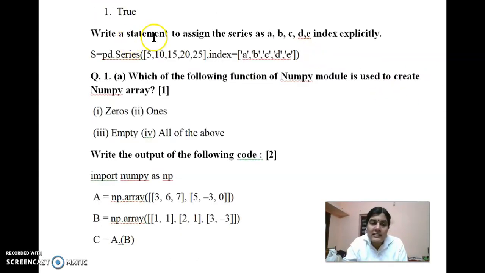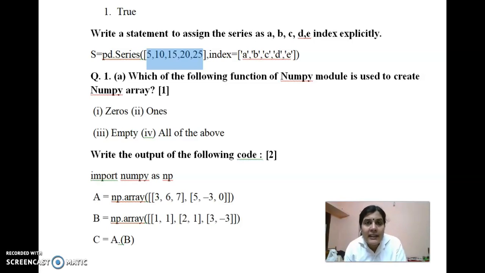Then the next question is, write a statement to assign the series index as A, B, C, D, E. Here there is a series. We have to assign its index as A, B, C, D, E. If we are not giving any index, then 0, 1, 2, 3, 4, 5 will be the index.